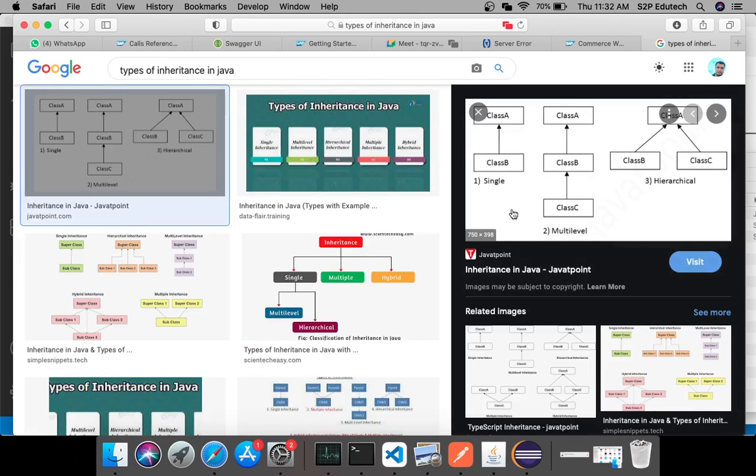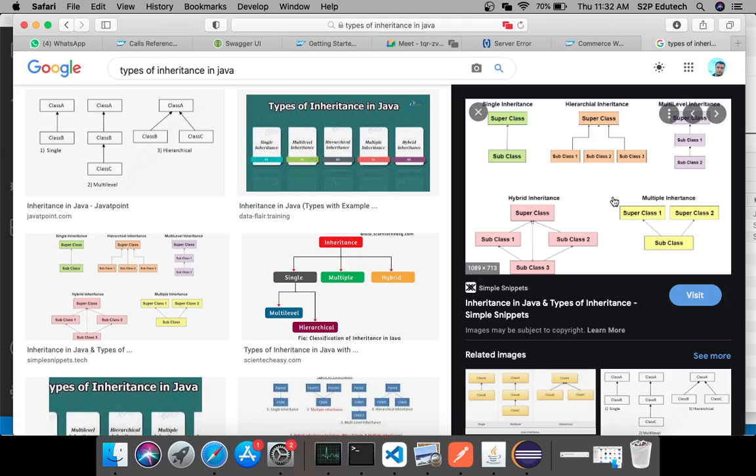If you take a look at this diagram on the right side, the first type of inheritance is class A and class B, which is single inheritance: one base, one derived. Multi-level means class B is derived from class A and class C is derived from class B. And hierarchical means class B is derived from A as well as class C is derived from A. There can be more levels below these as well, that is also fine.